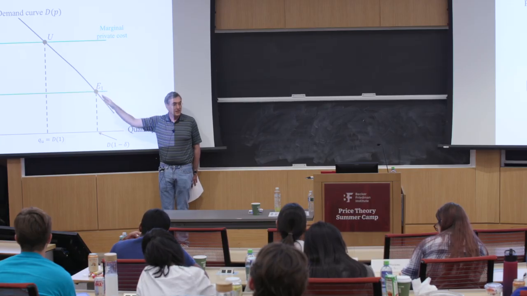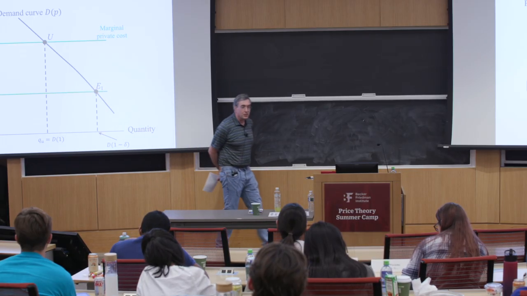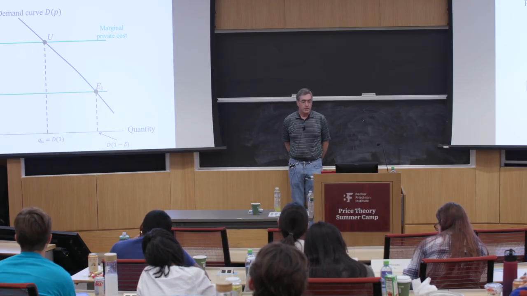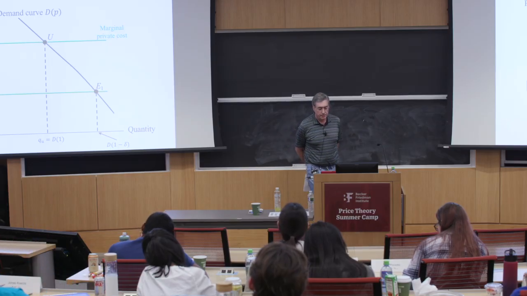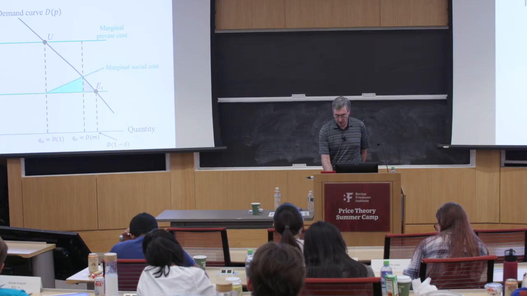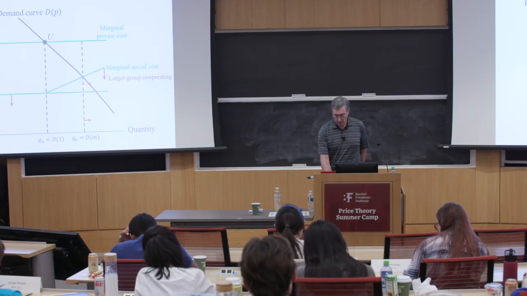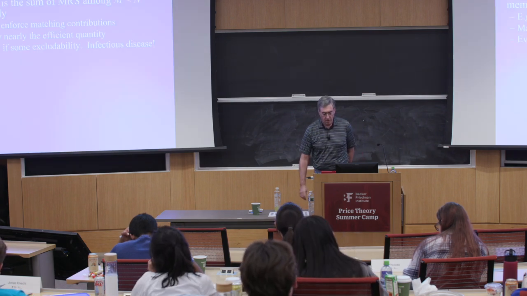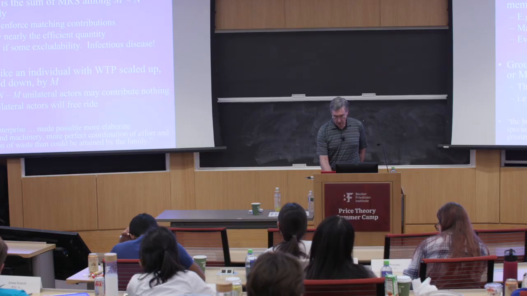Very strong incentive for trade, even in the group of 10. Again, they might not get all the way there, given the cost of cooperating, but big incentives to do something. Okay, we did this already. I'm going to skip these. I want to go to